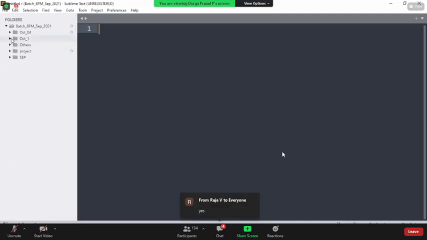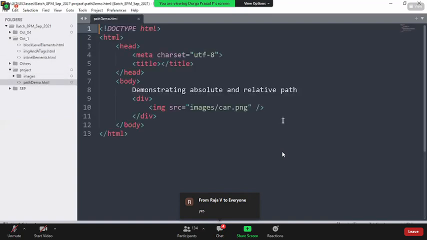This is what we need to understand when you use any of the path. This is not only for the images, guys. In future, we are going to make use of resources like external CSS files and external JS files. So anywhere you are using any resource, while specifying the path, you can make it either a relative path or an absolute path. It is recommended you go with the relative path every time if the resource is a local resource.